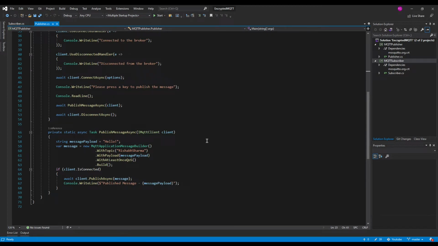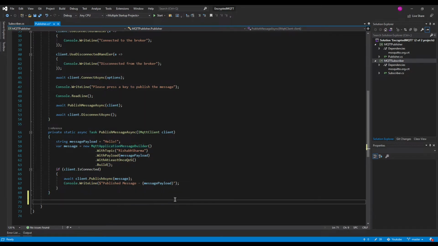with creating a method which can encrypt the existing payload. Till now, our payload consists of a very simple message called hello. So now we'll create a method which will encrypt this message, or any message which we provide to that method, and give us an encrypted message as its return value, which we will then publish to the broker.